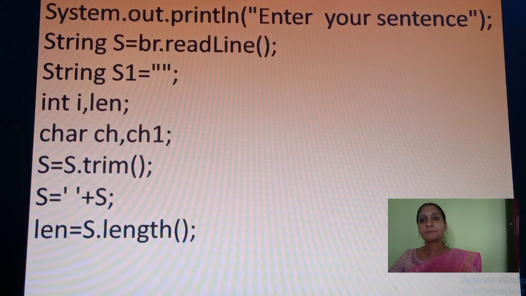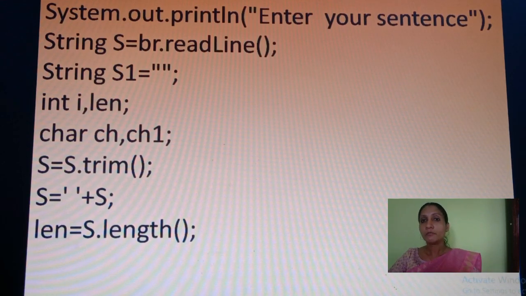For all string problems, first we use the trim function. What's the use of the trim function? You all studied it in the video I uploaded before. It cuts all the extra spaces before and after the string. Here also I used s = s.trim(). Then we know we are taking the spaces to find the words, but here there is no extra space before the sentence.